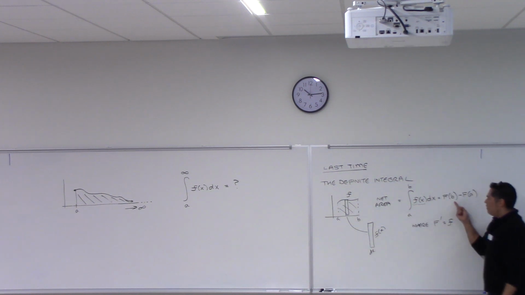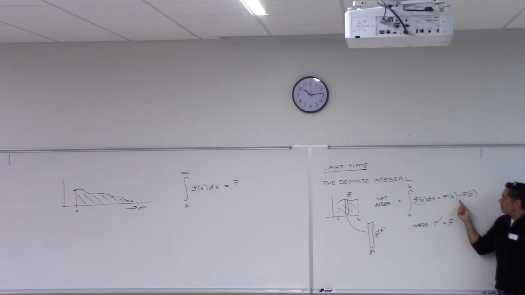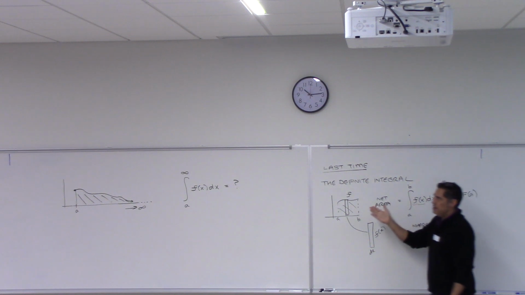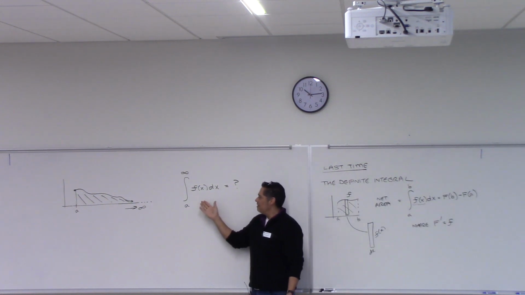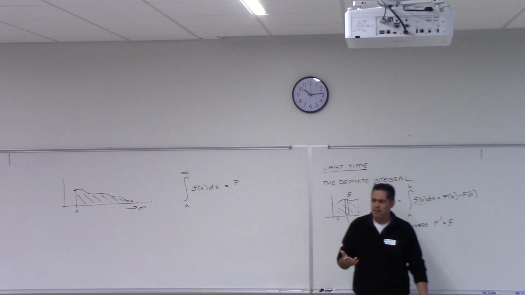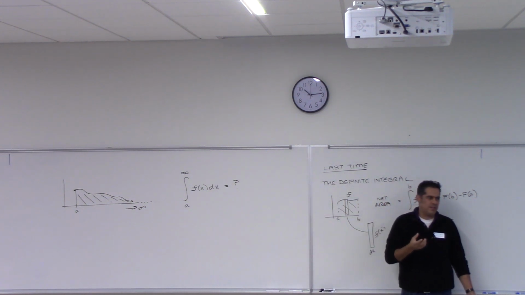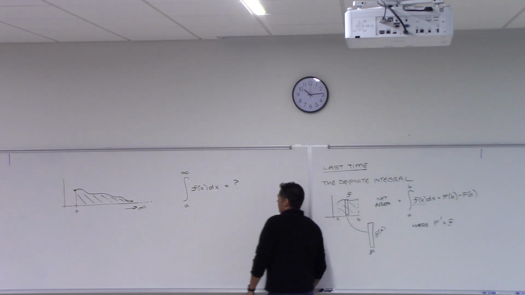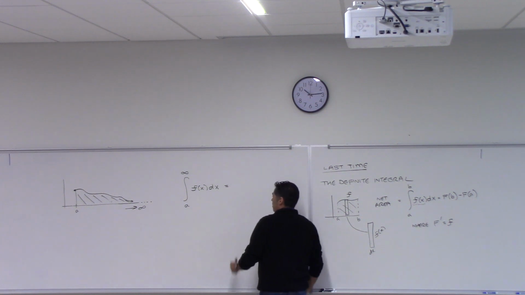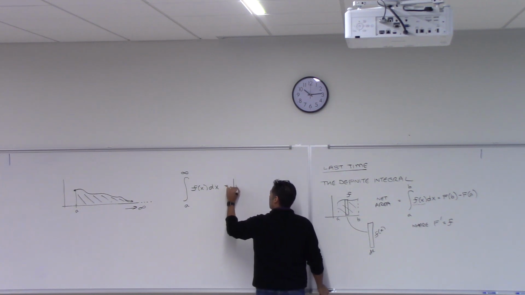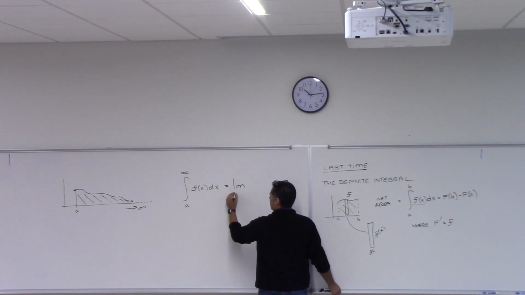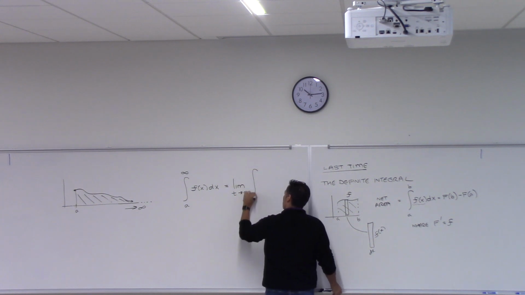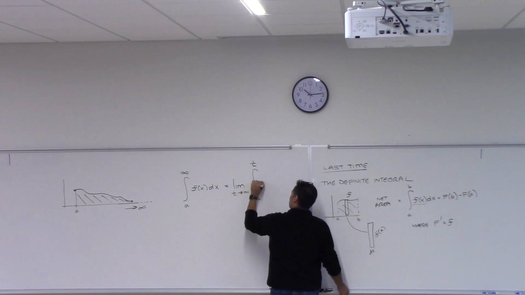But remember, over here in the fundamental theorem of calculus, we have to evaluate the antiderivative at B, right? And what would B be for us here? Infinity. So how do you evaluate something at infinity? Like you can't plug infinity in, right? Because it's an idea, right? It's not a number. So what we're going to do whenever we see this notation is we are going to do this, all right? We are going to say that this is equal to the limit, and we usually use the letter t, as t goes to infinity, of the integral from a to t of f of x